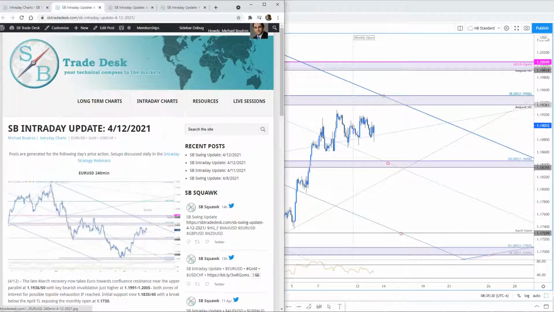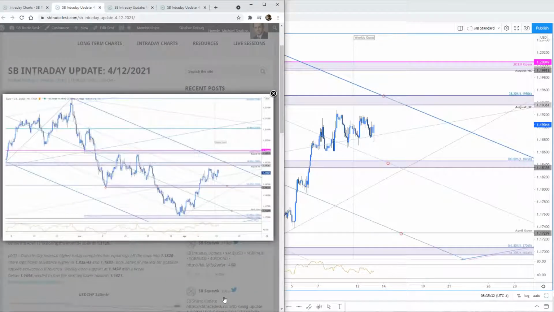That was sort of the sweet spot for Euro. Here's the update last night, and here's where we are right now. So we're kind of just ranging. Beautiful spot here at the August high close, the 38.2 retracement